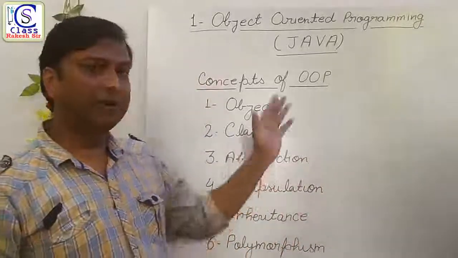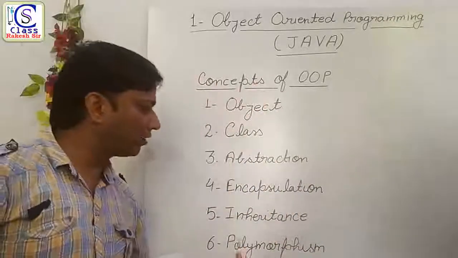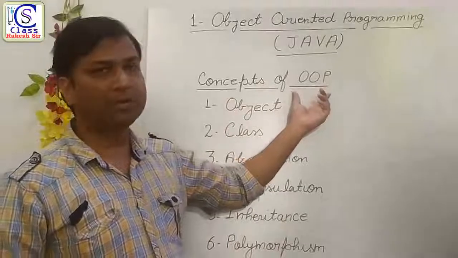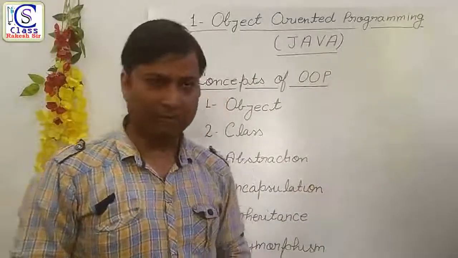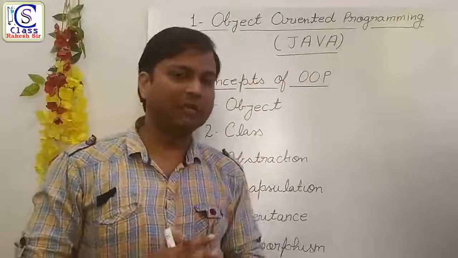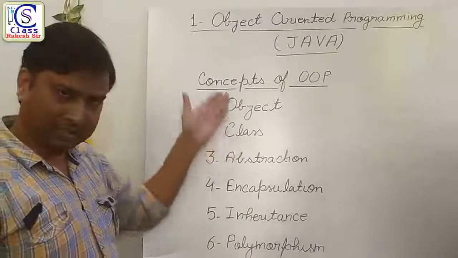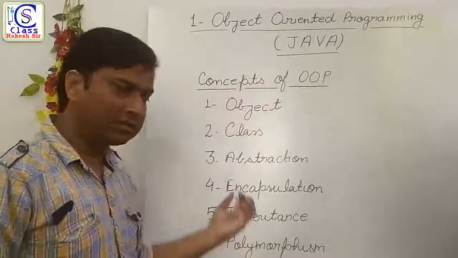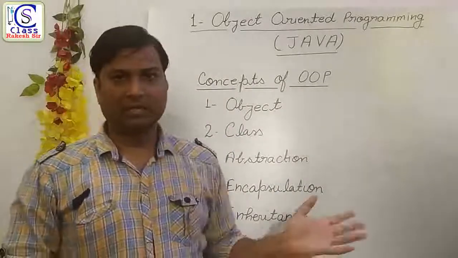Same here, if you are going to write a Java program, you have to follow all these concepts. And these concepts are the OOPS concepts, or object oriented programming concepts. You have to apply these concepts whenever you are going to create a Java program. So here, one by one, I am going to explain all these concepts, what is object, what is abstraction, and many other concepts, and then how to apply them in your Java program. All these things I am going to explain in this video.